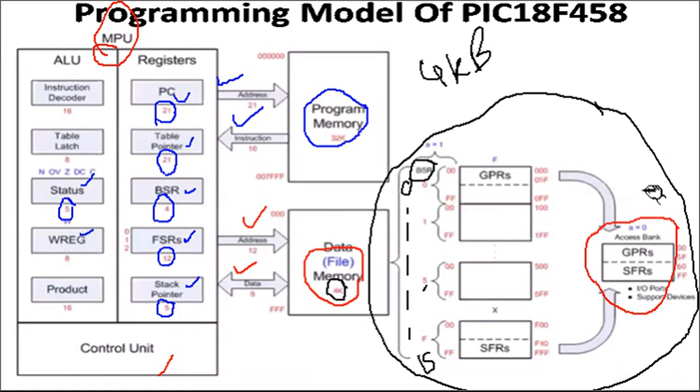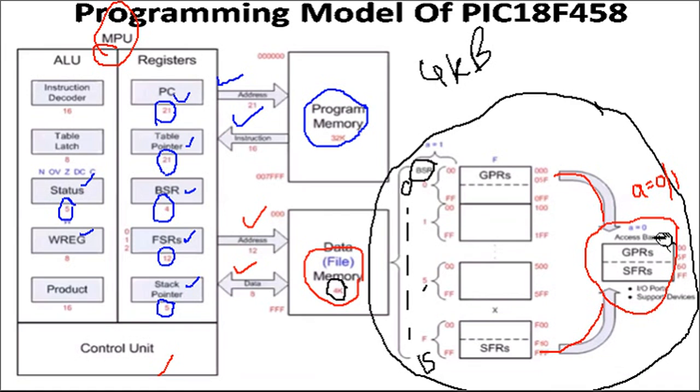In order to select the Access Bank, you have a notation letter, small a. This bit can either be 0 or it can be 1. But how is this Access Bank formed? It has taken a part of bank 0, you can see it here, and a part of bank 15, meaning the first and last banks' parts are taken and it is forming the Access Bank.